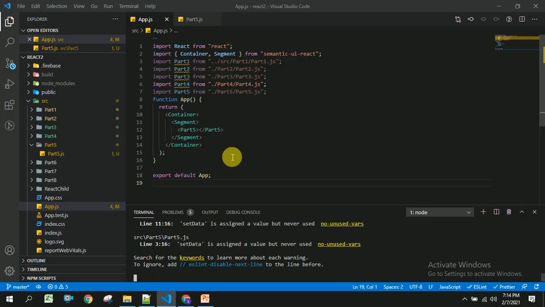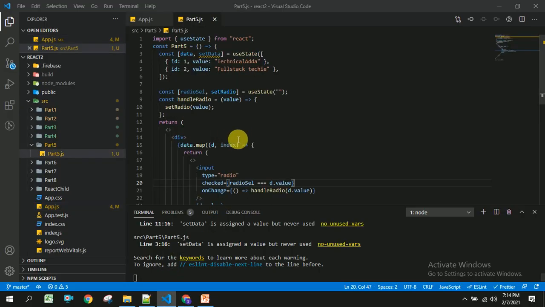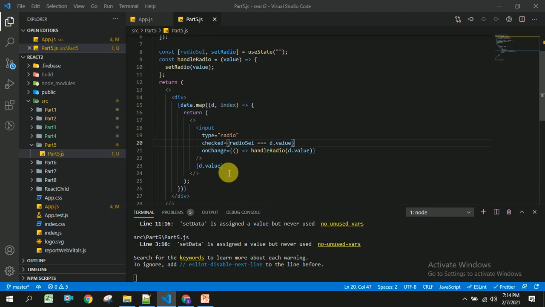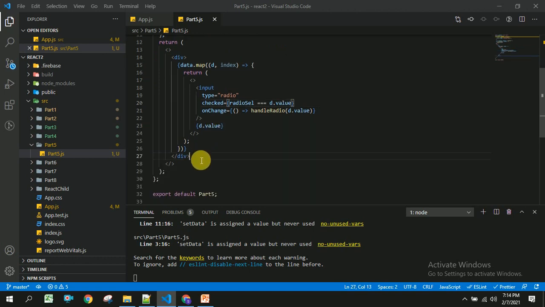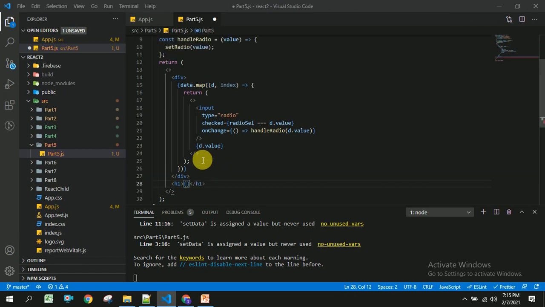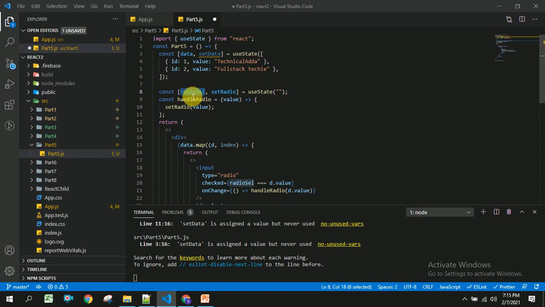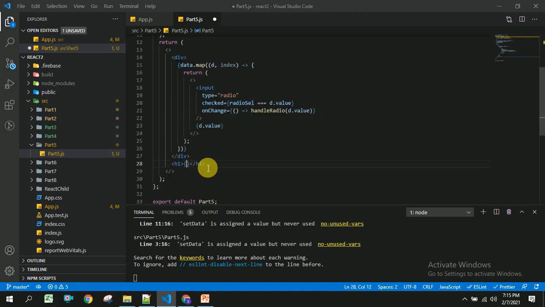And now I am going to show the value in the text box. For this text box or any H1 tag, I am going to copy this and paste here.